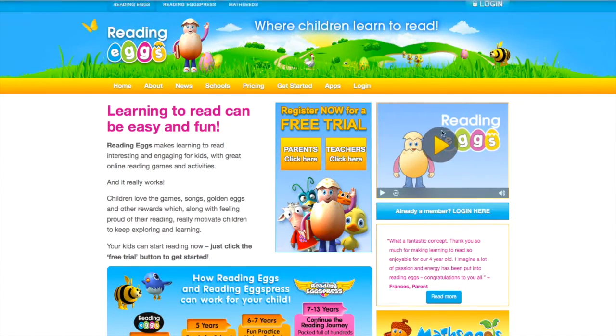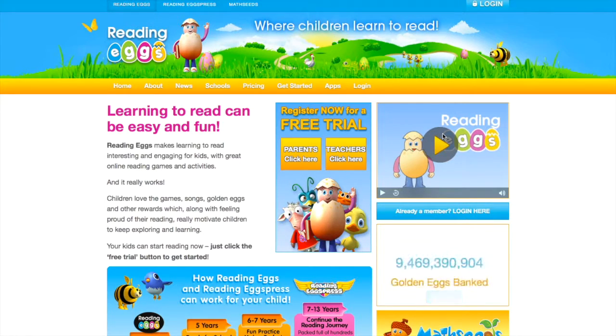Okay, today I'm going to give you a brief tutorial on how to access and use Reading Eggs and Reading Express if these programs are assigned to you. So to log in, go to